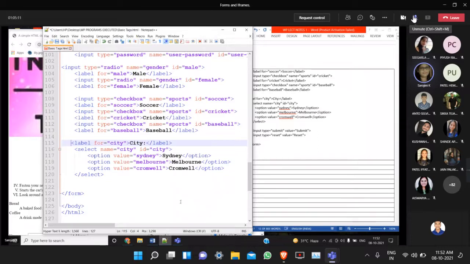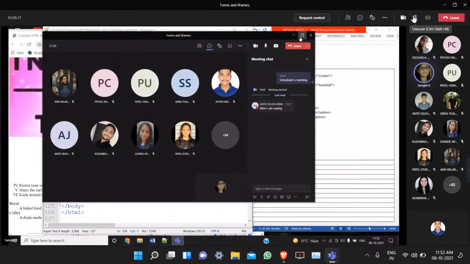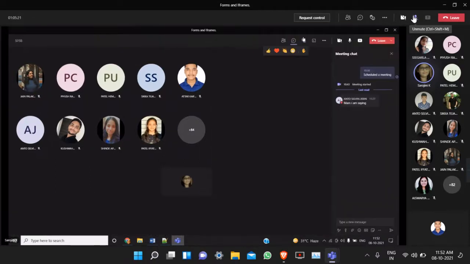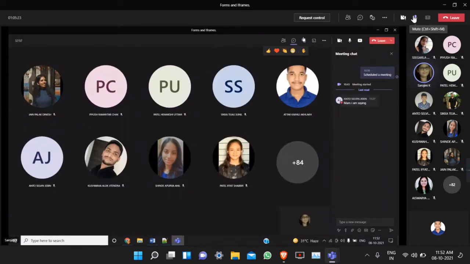Okay, I saved the program. Students, when will you use a list box? There are many names for list box: option box, option item box, drop down box, to list items.